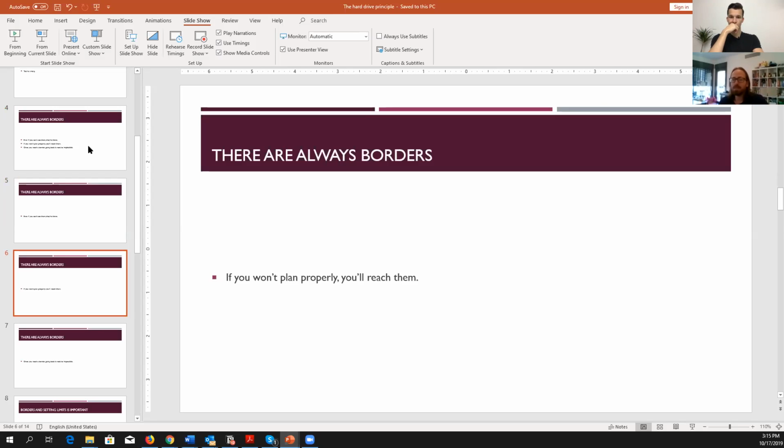Now, everyone that doesn't plan a project beforehand and give an estimation, and I think it's a rule that has no exception, reaches the borders that this client specified or he specified for himself and overshoots.